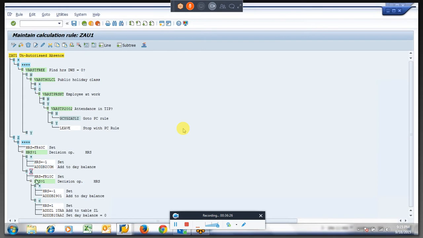If it is not available, then I am checking with end leaves. If the balance is not less than 1, then I am deducting the same day from the end leave quota. If not, then I am producing an unauthorized absence where I am going to deduct the employee's salary in the payroll. So here the part will come for payroll. Apart from that, everything will be adjusted within the time evaluation, that is from his quotas. Srikanth, I think this is the thing you asked yesterday, right?